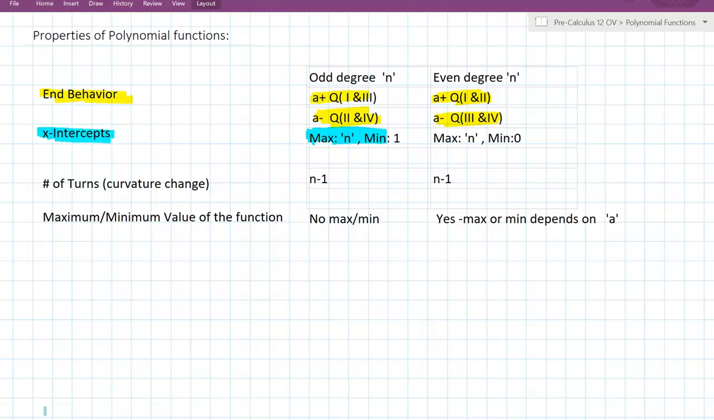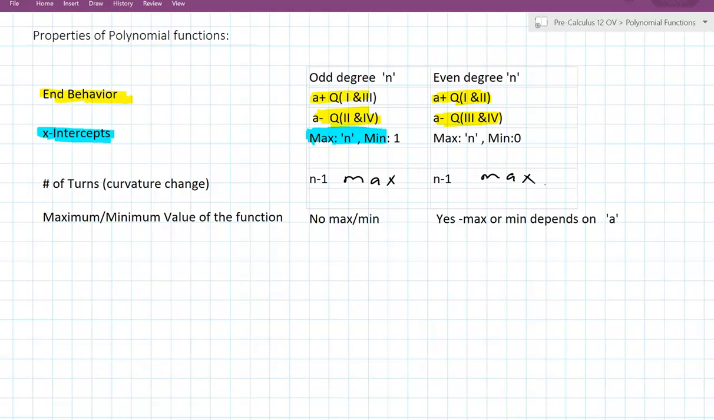And then here is the number of turns, or curvature changes, on the graph that you see. It's always at most 1 less than the degree of the polynomial, because you could have fewer than that. The maximum number of curvature changes will be n minus 1. So I should say maximum in here, so make sure you realize that it's the maximum, because depending on some of the other terms in the polynomial,